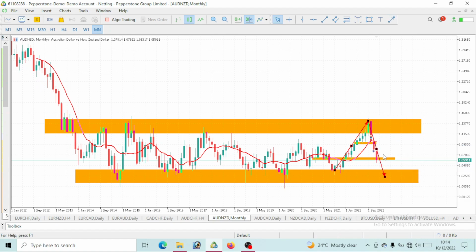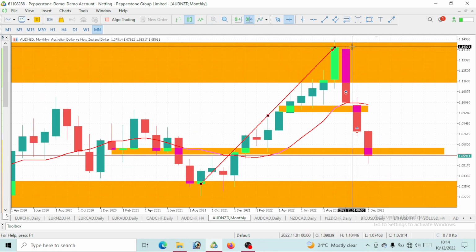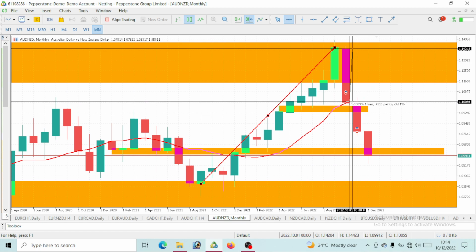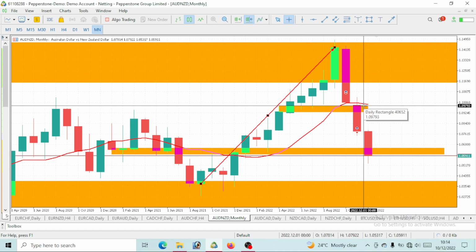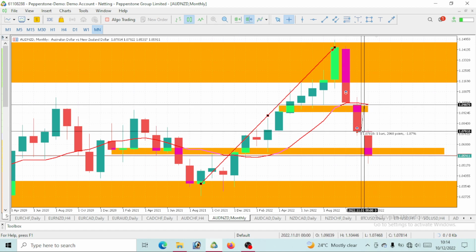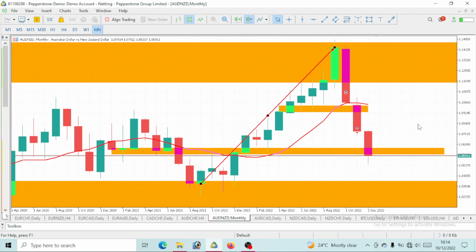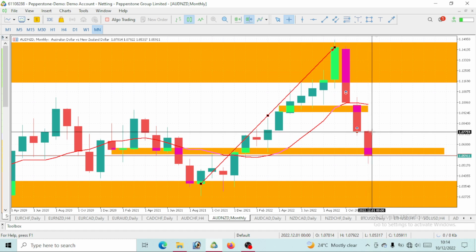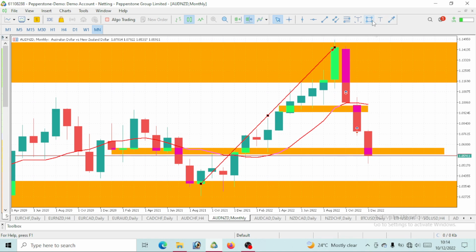But as of now on this monthly time frame, we are still on a bearish move. This is the month of October; we opened and closed bearish, making more than 400 pips of bearish move. This is the month of November; on this AUD New Zealand dollar we made more than 200 pips of bearish move. And you can see we are in the month of December, and price has now gone massively bearish. We've made almost close to 200 pips, so we still expect a further drop on this AUD New Zealand dollar.